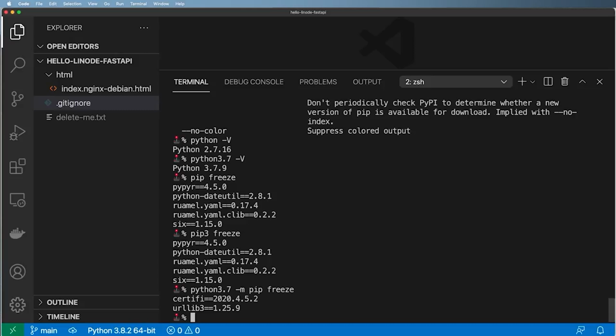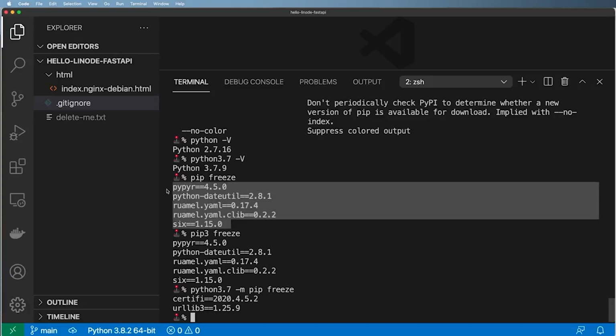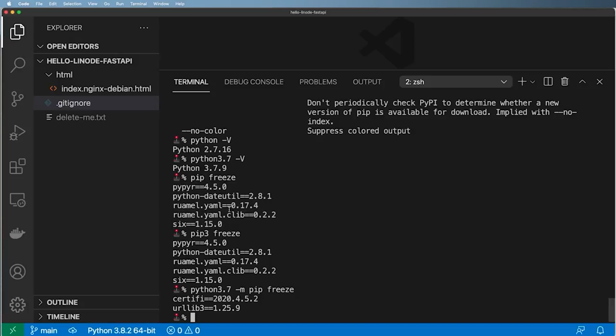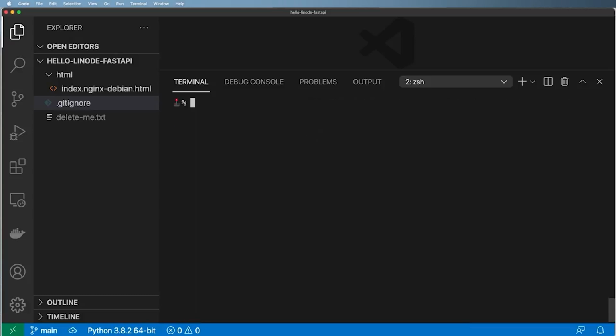So this is the key thing here: we want to isolate our code and isolate the versions to our particular project. Now, these versions, I didn't personally install them. I don't remember installing these things, so I don't actually know what's going on here. I could probably make a guess, and I could probably look into it, but we don't need to worry about that right now. Instead, what we want to do is be in the root of our project,